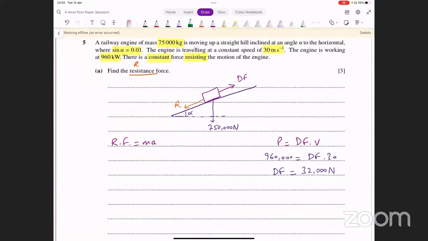law. Forward forces कौन सी हैं आपके पास? You've got just the driving force, that's the forward force. Backward forces कौन सी हैं? You've got reaction. Anything else? हमारे पास weight का component भी left side पे act कर रहा है, so we have to resolve the weight component as well. Okay. अच्छा, weight